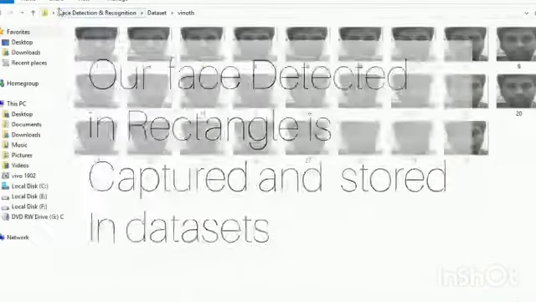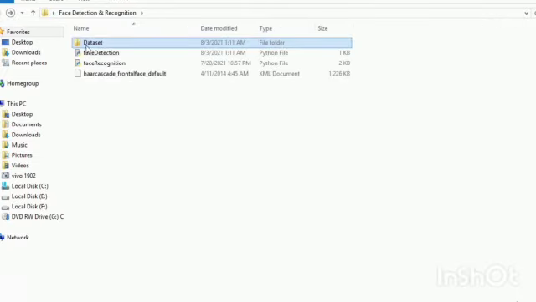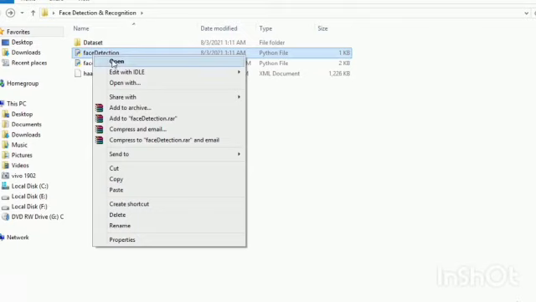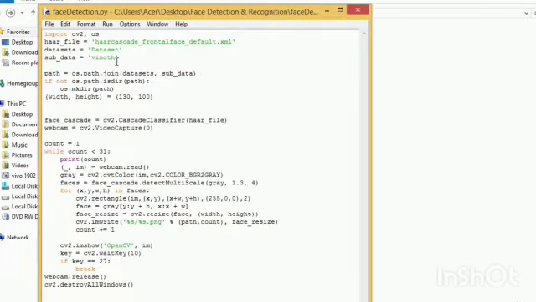Okay, fine. For further clarification, I am going to add another person's image. Again go to face detection, open with IDLE 3.7. I'm going to capture another person's image, so I just change the sub data to Elon Musk. I'm going to capture his image. Again I need to change that in the program, just save it, and run the program. Now I'm going to capture Elon Musk's face.